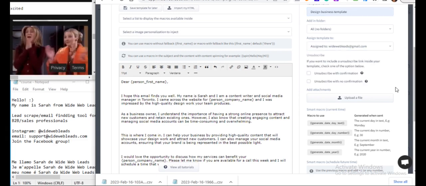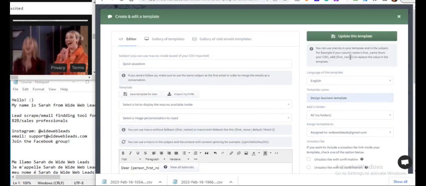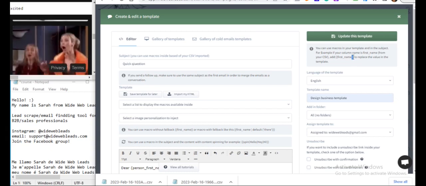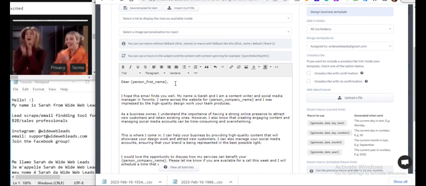We have the email address. And as you can see here, it's saying to add double squigglies. Oh, I forgot about that. Whoops. So it's double squiggles. Let's do that.